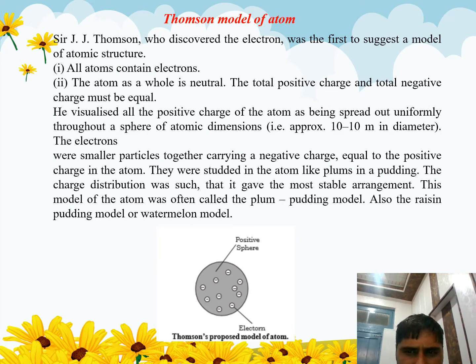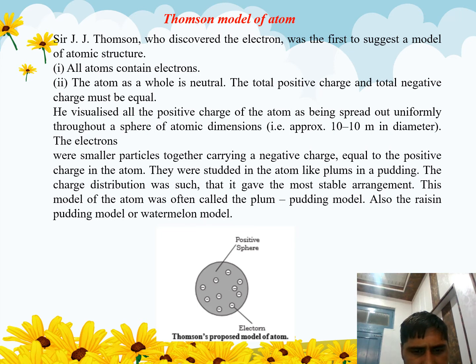The total positive charge and total negative charge must be equal. Means why is the atom neutral? Because the positive charge inside an atom is equal to the total number of negative charges. Now, he visualized that all the positive charge of an atom is spread out uniformly throughout a sphere of atomic dimension, approximately 10 raised to power minus 10 meter in diameter, and the electrons